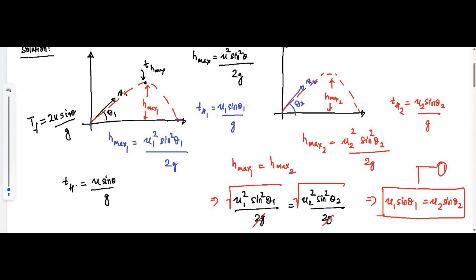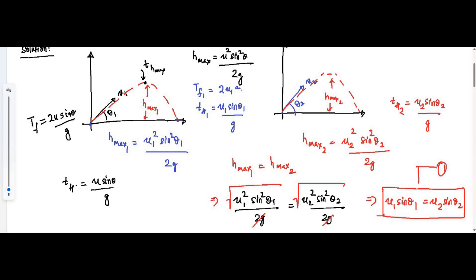Maximum height is from ground level to the maximum height. So TH is the time of maximum height and TF is the total time of flight, the total journey time taken by the projectile to complete the journey from ground level to ground level. So time of flight for the first projectile TF1 is equal to